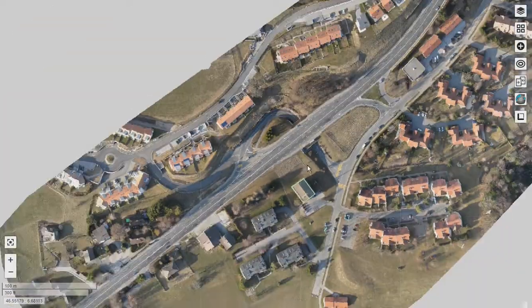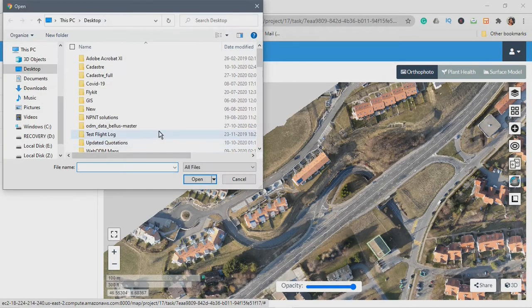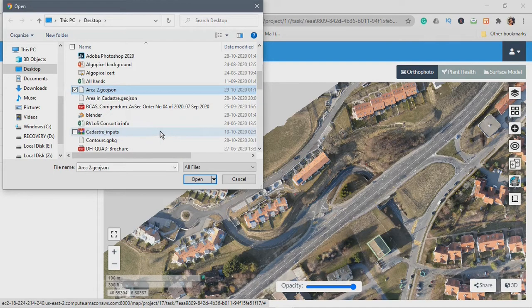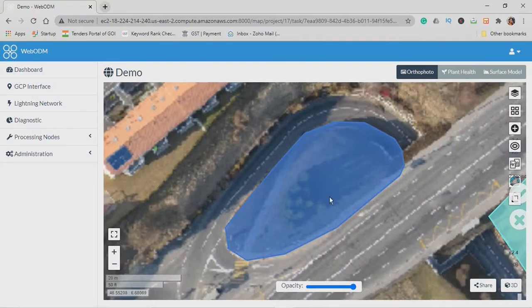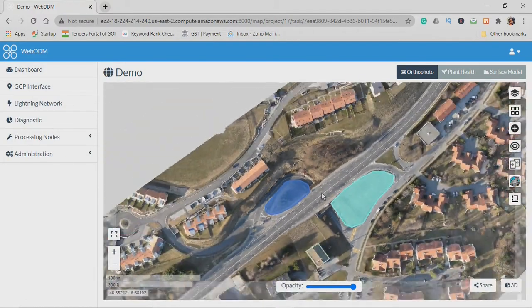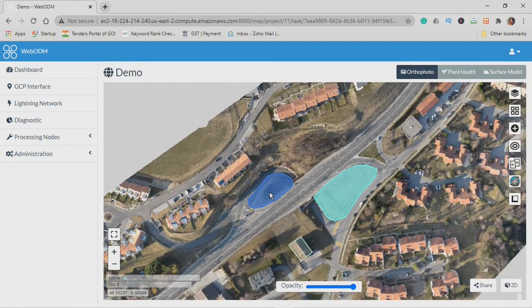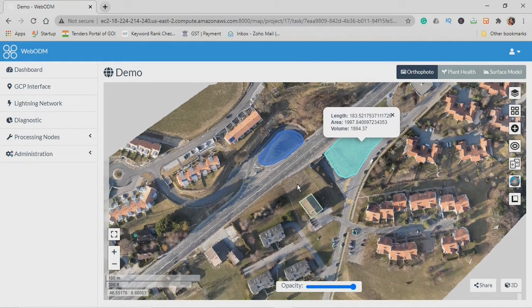Okay, so let's go ahead and import our measurements which we have done earlier. So yeah, I'm importing two areas. The second one I did in front of you, and I already had the first one with me. So you can see the length, area, and volume of both of these land masses. So these are imported as different layers.